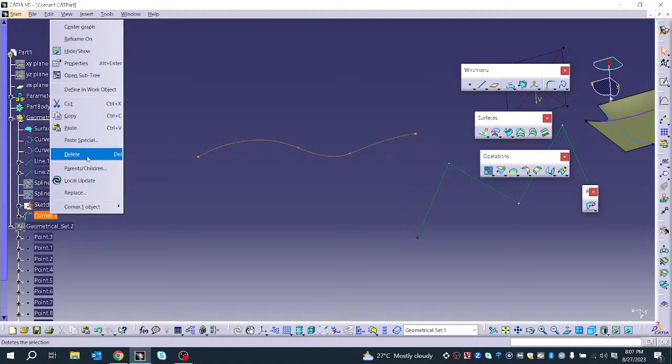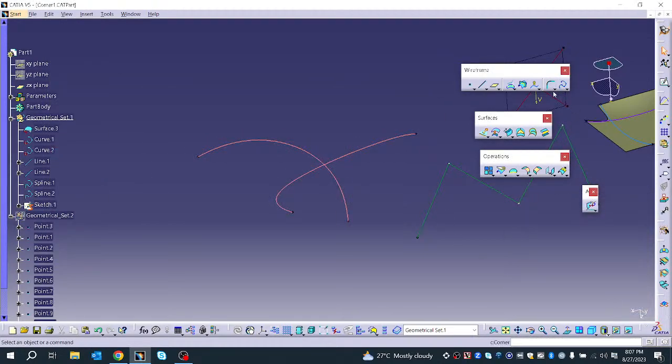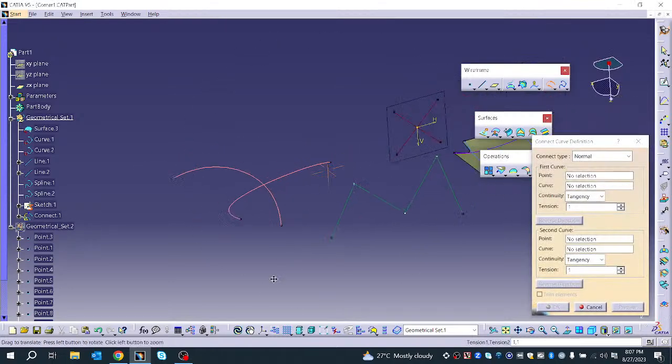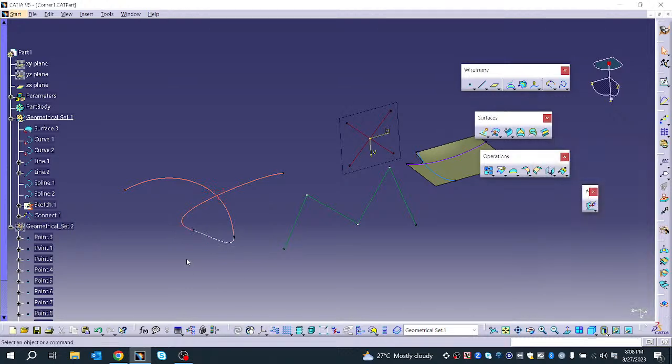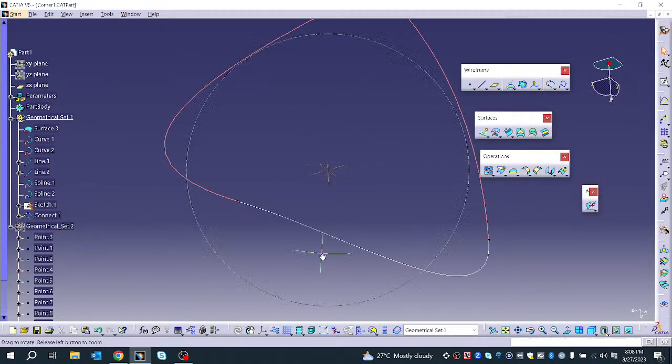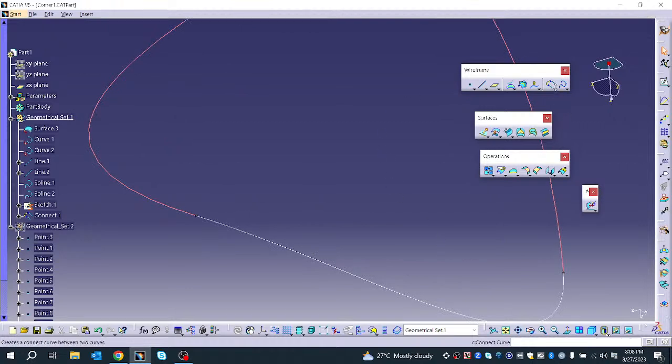Then the next one is your connecting curve. I want to create a connecting curve between this first point and this second point. I want to create a connecting curve with a tangent, with the reverse direction, for creating a pure connecting curve. You can see the curve has been created, connected to each other. The next one is your